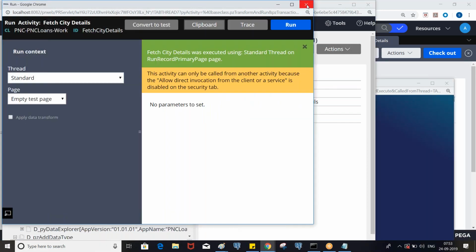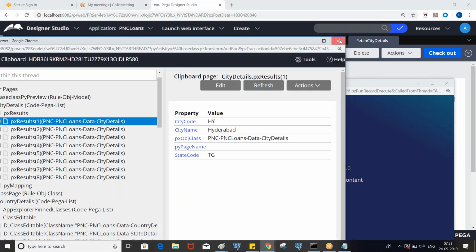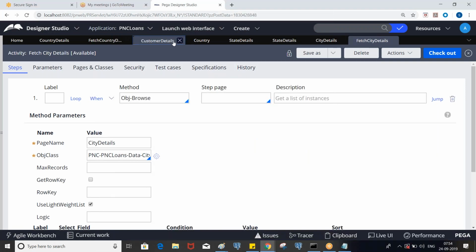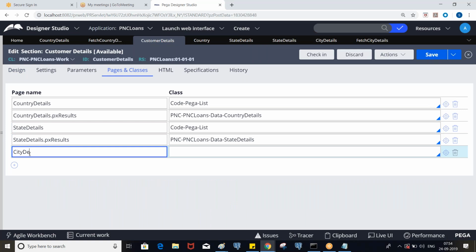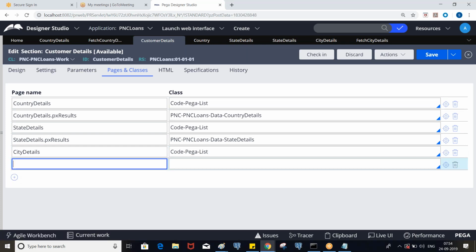So now take this clipboard structure and define it in the section. This you need to remember.